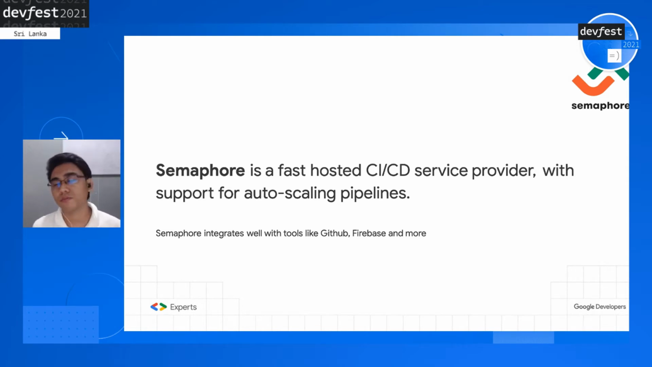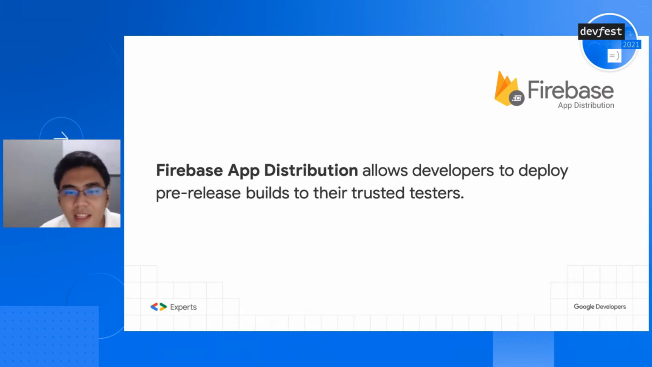But it also supports auto scaling, meaning you can run multiple parallel jobs, and you can ensure that Semaphore will handle the load for you instead of worrying about infrastructure and DevOps stuff that you would otherwise rather spend on building features. And last but not least, an important thing to note here is that we're releasing right now on Firebase